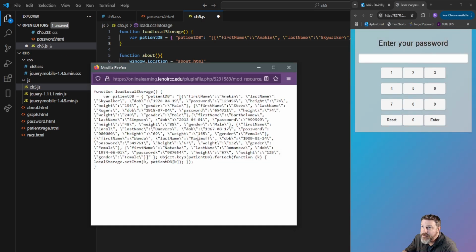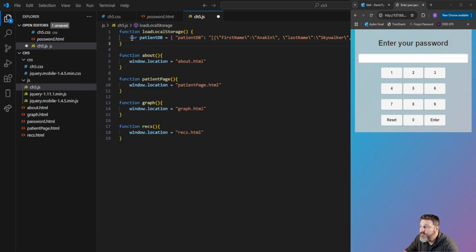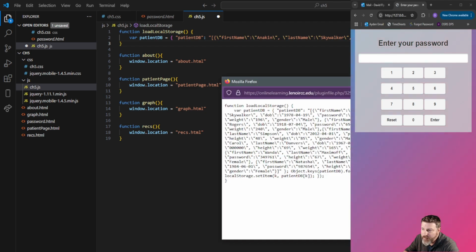Now, what is this? This is a function that will load data into local storage. What does that mean? It's memory on the computer, in your browser, that stores information. This variable right here, you can see that it is in fact a variable called patient database, right? The function loads this variable into local storage. The variable